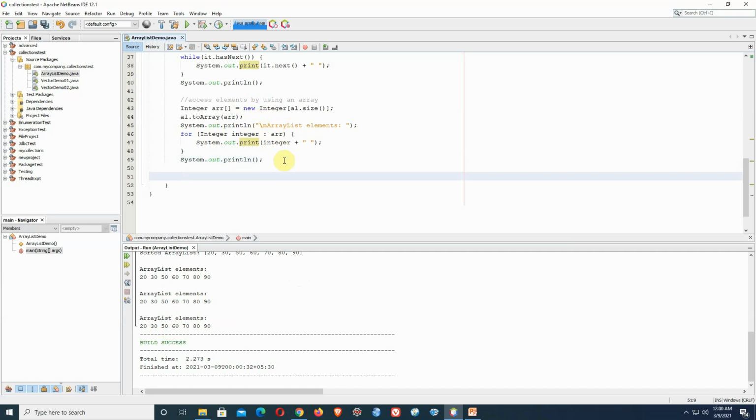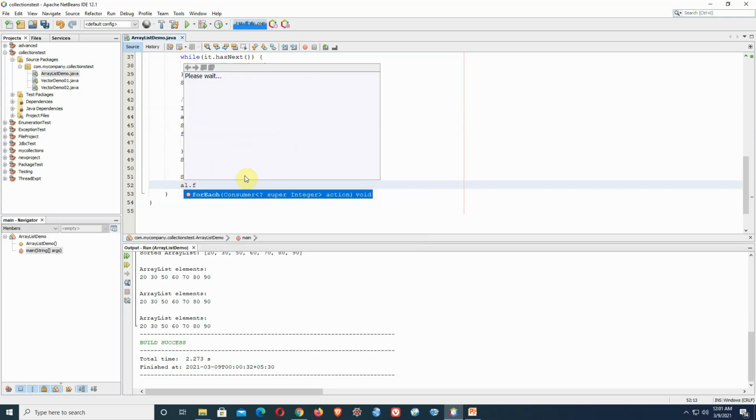So now I am going to access the array list elements by using lambda expression. So it is actually using the for each method. So now I am going to write this. So there is a method called for each.